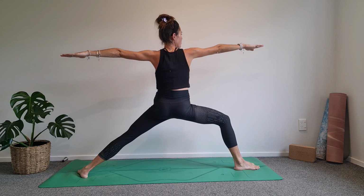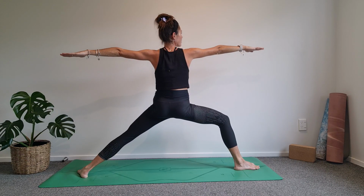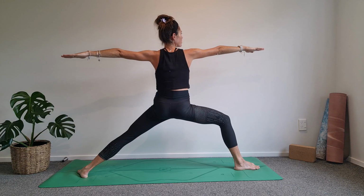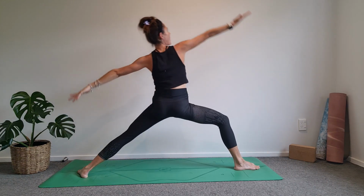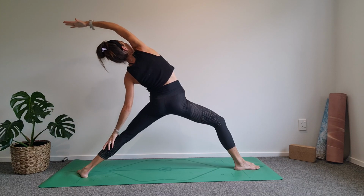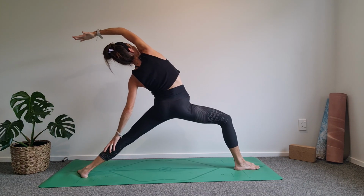I think we're all used to being pulled in opposite directions at times in life. And it's about finding that steadiness and that calm, controlled mind frame when we are to make informed, proper decisions, wise decisions. Sinking low, flip that front palm, extend the arm up and over, side body stretch,